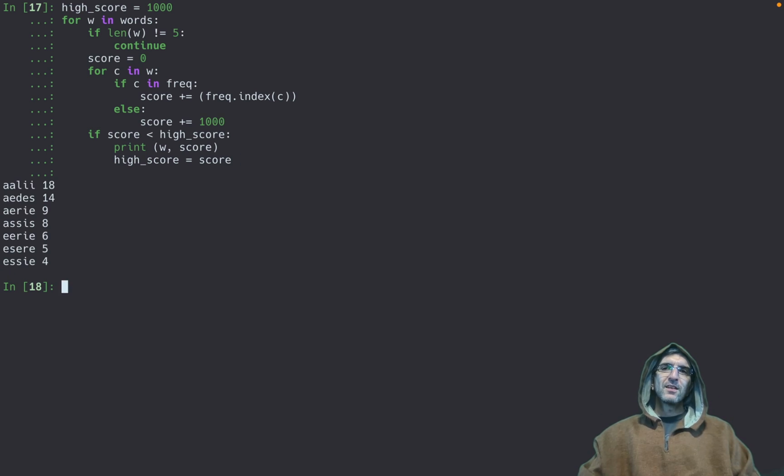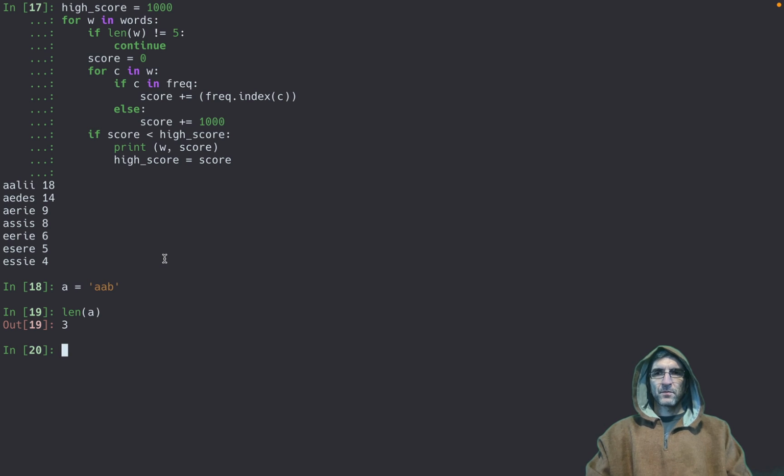Now I find the words with the least score, but it has 2 S's, 2 E's, another 2 E's. This is not very interesting. I will check for the words which do not have duplicated characters. How? Just assume I have this word. Len of it will be 3. I wanted to check if there are any duplicates here or not. This is also another well-known